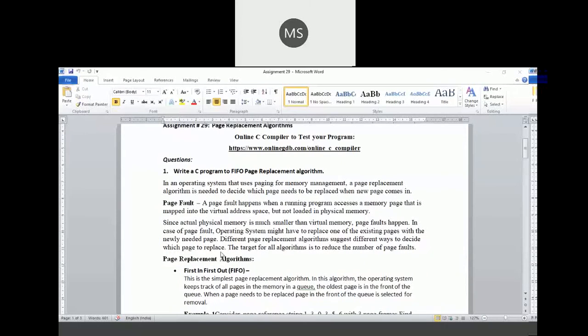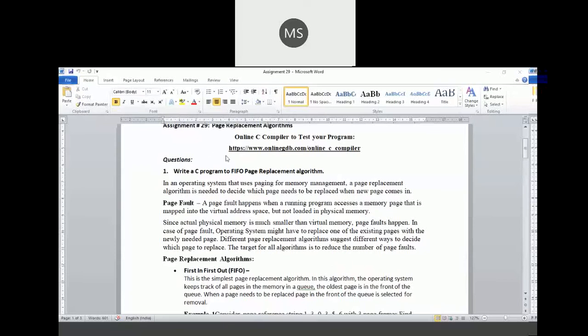In an operating system that uses paging for memory management, a page replacement algorithm is needed to decide which page needs to be replaced when new pages come in. We are sure by this time that if there are 4 slots in the memory, then the memory can accommodate only 4 pages.